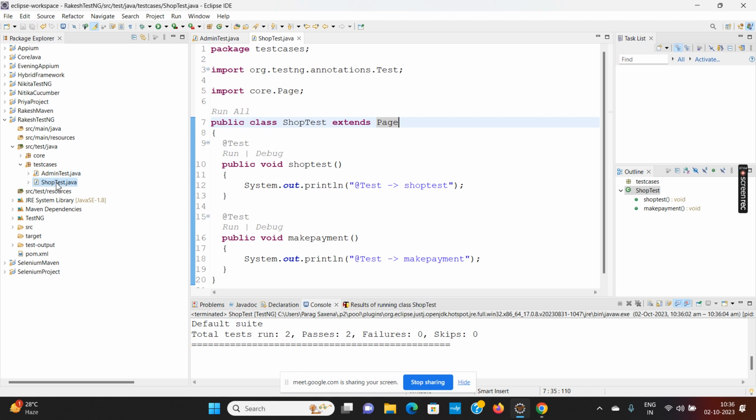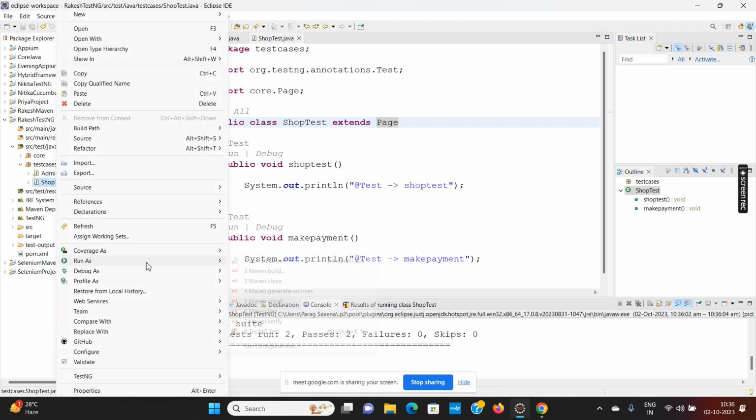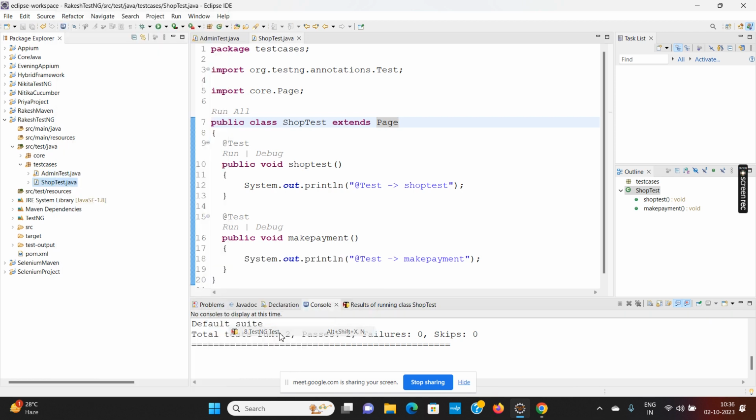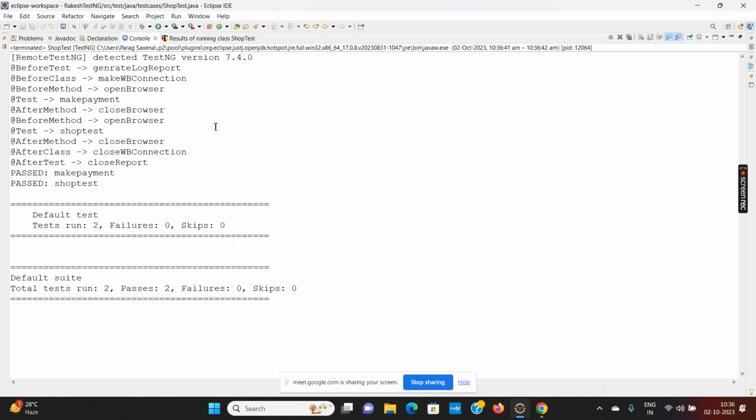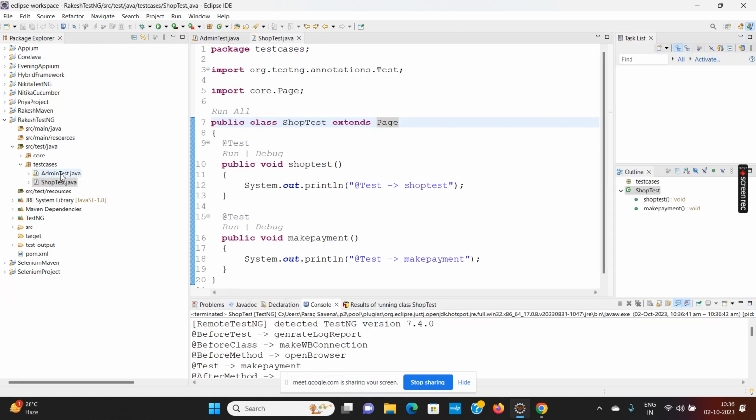Now if I want to run them individually and I select run as TestNG test, then it will execute make payment and shop test. It is not executing login and sign up. But if I want to run both of them together, this and this, admin test and shop test, if I want to run both of them together, then what if I try to extend,